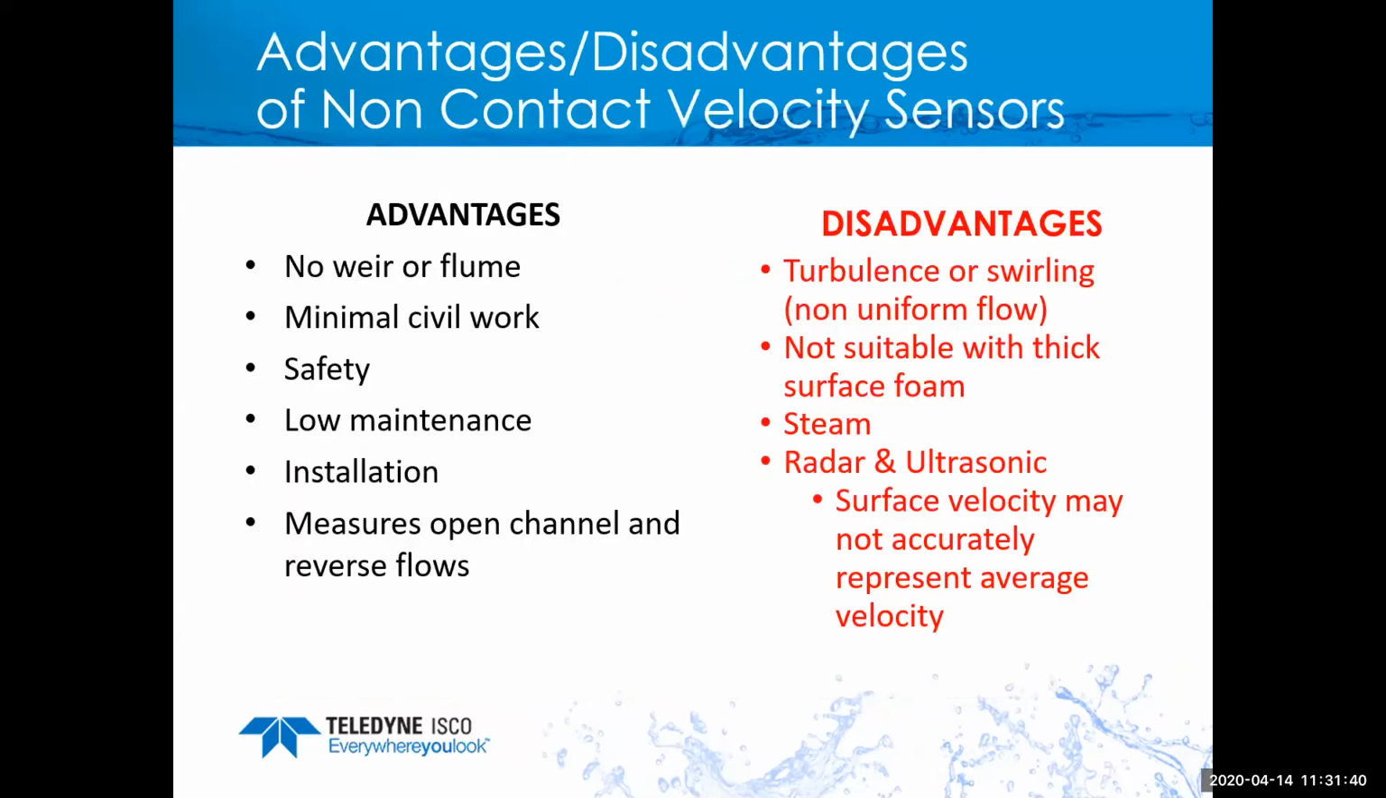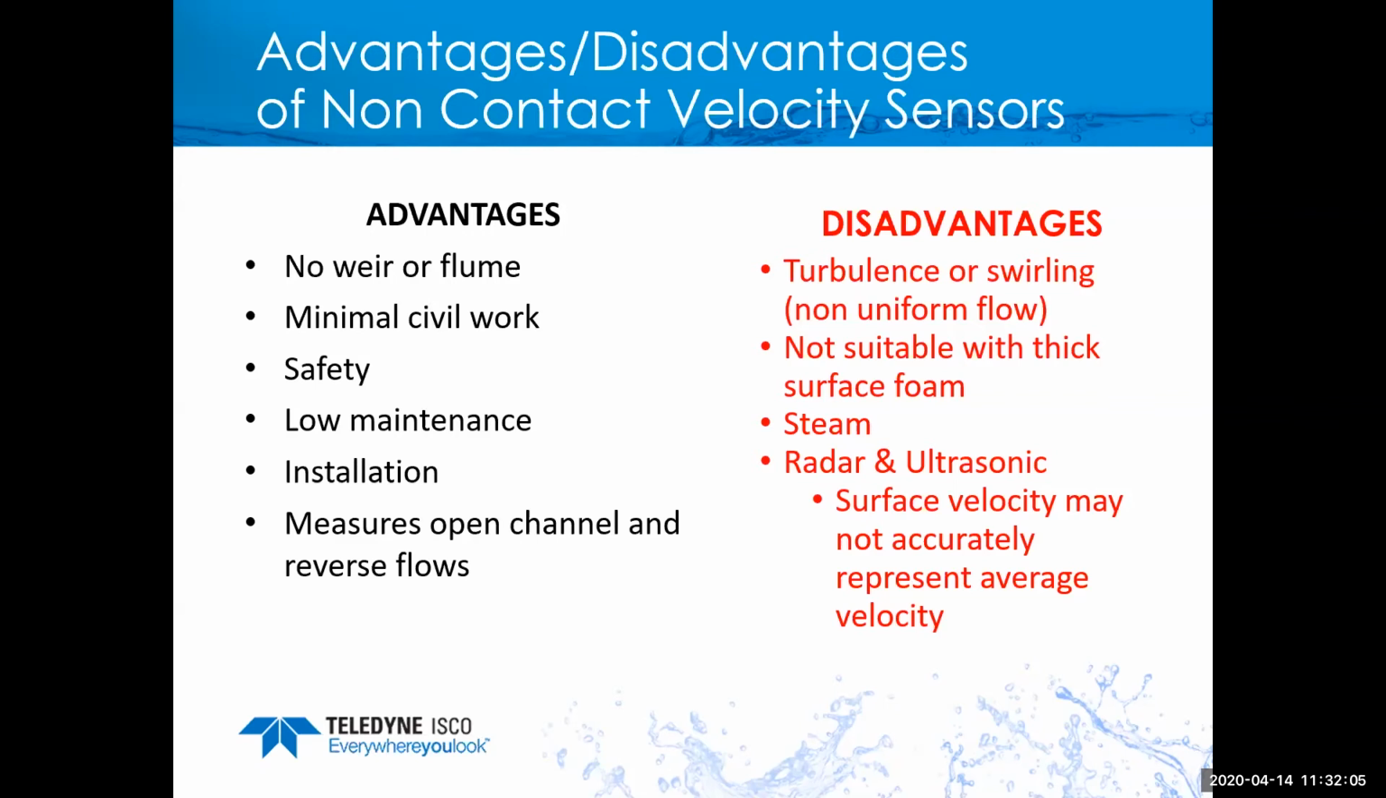So what are the advantages of non-contact area velocity sensors? No flume or weir is required. Minimal civil engineering work is involved because we don't have to design the weir or the flume. We just simply need a straight channel or pipe to install your sensor. Safety,